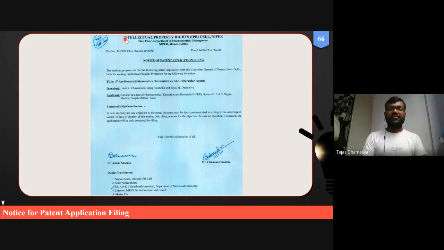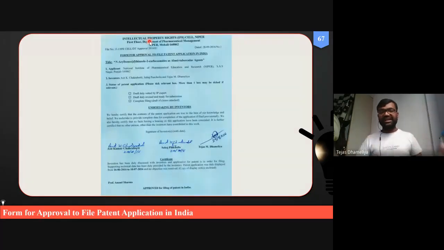Basically, they are driven from the IPR cell. In NIPER, such a big top pharma institution, there was a dedicated IPR cell, and all these filings were mediated through the IPR cell only. So this is how I am describing the ideal way of filing a patent.